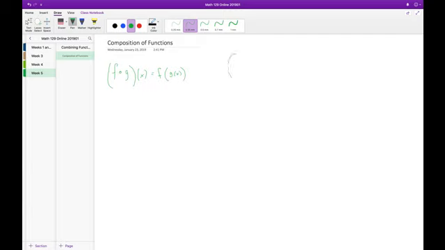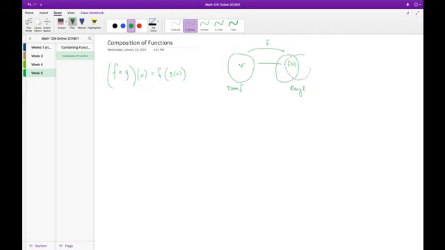In terms of what it means with the actual function, if we have, let's say, a mapping that we're going to call f, so that's our function, then this is the domain of f, this is the range of f, and f would take an element in its domain to the range, and so we would call it f of x. Well, in a composition of functions, let's say we have another function, maybe g,